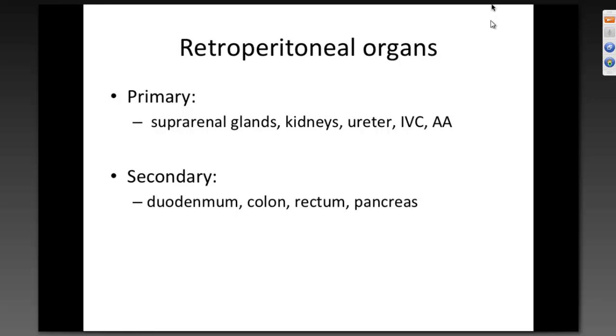And the real idea behind this is that if you're going to be true or primary, it implies that you're attached to the posterior wall. So think about it. If you're attached to the posterior wall, then you can only be covered on your front face. You could be behind the peritoneum,